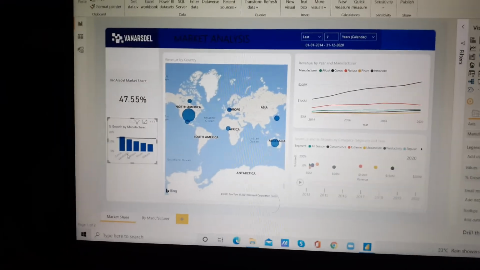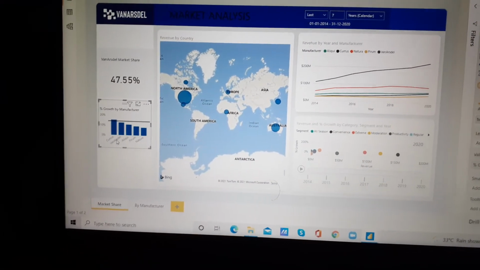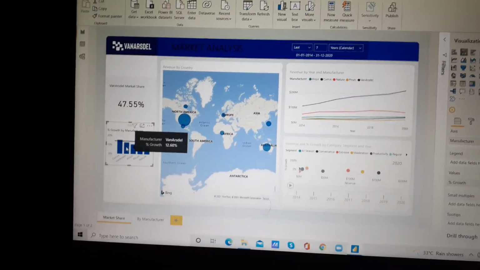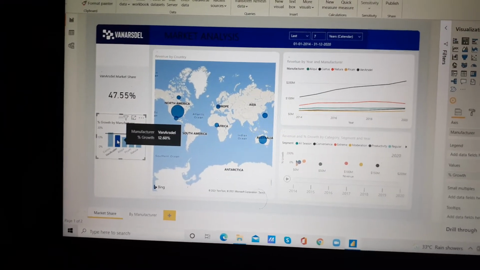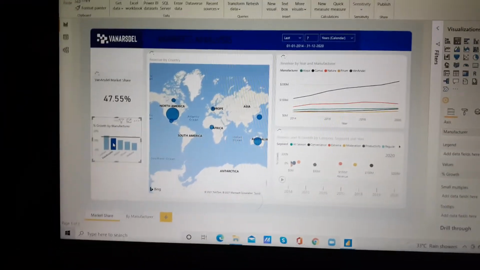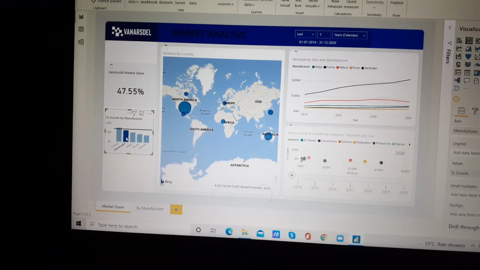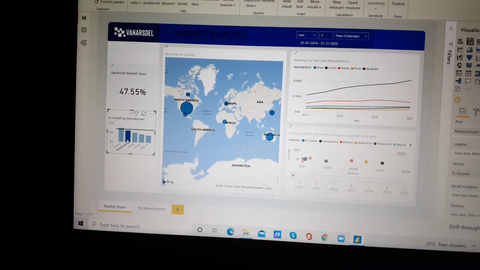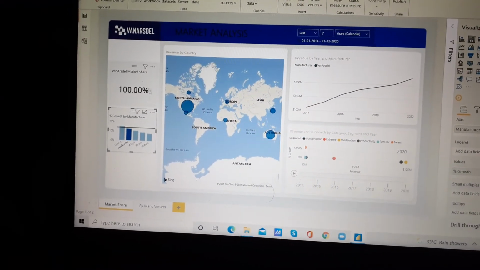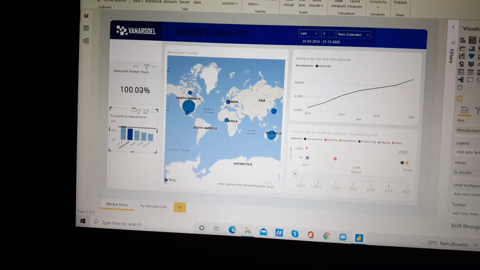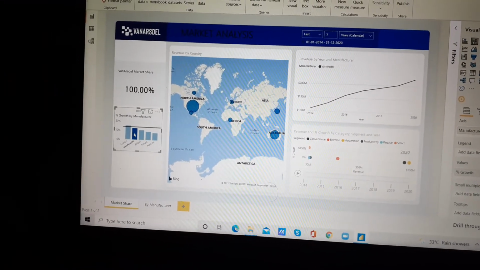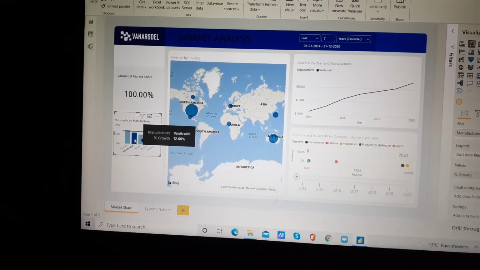As we can see, this column is for Van Diesel, right? If I click on this column, it will alter the data and show what the market share is percentage growth wise.